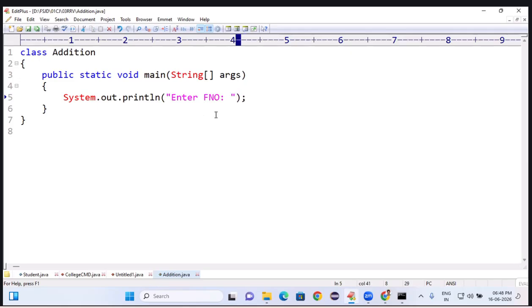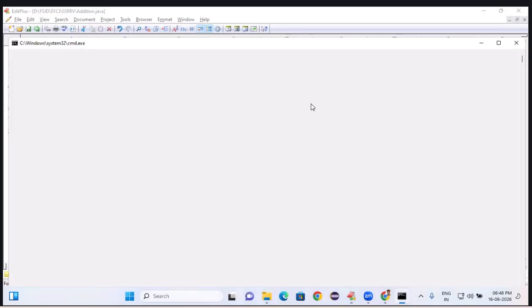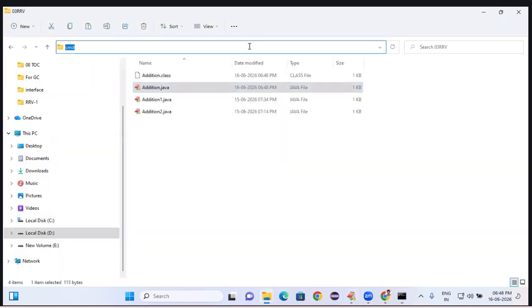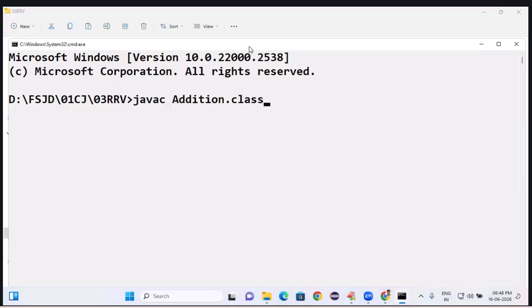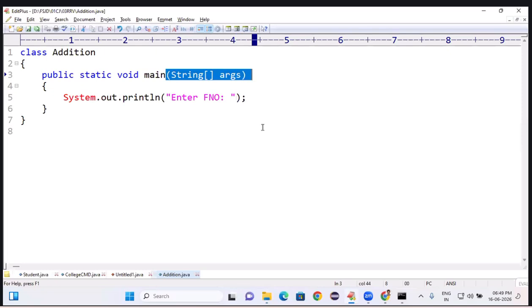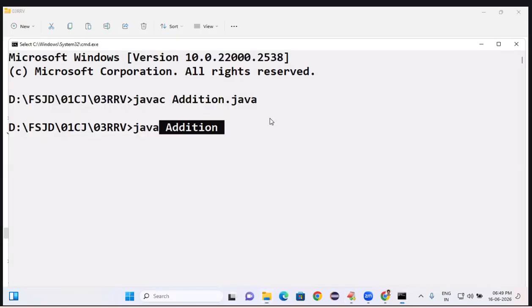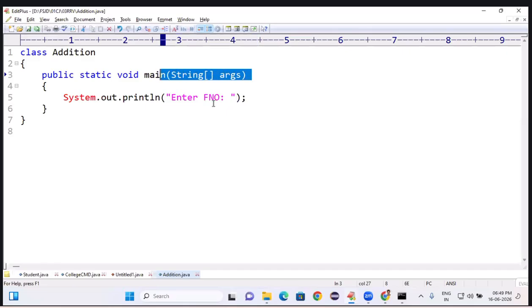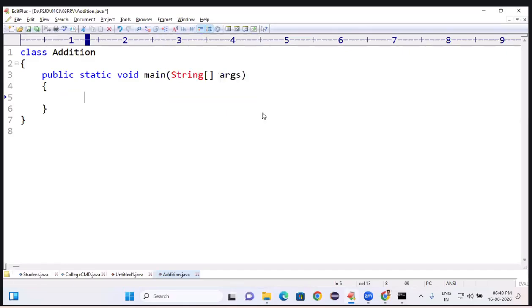Observe a very difficult point. Now, compile this program. Open command: javac Edition.java to compile, java Edition to execute. Now the JVM calls the Edition class main method by passing an empty array object, because you are not passing any values here. When you're not passing any values, it passes an empty array object and we are not using that array. And now this line is executed,